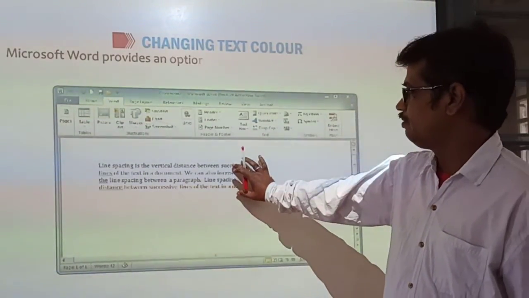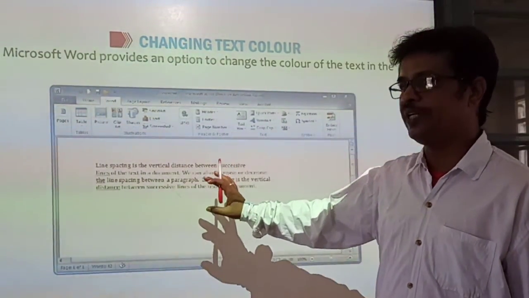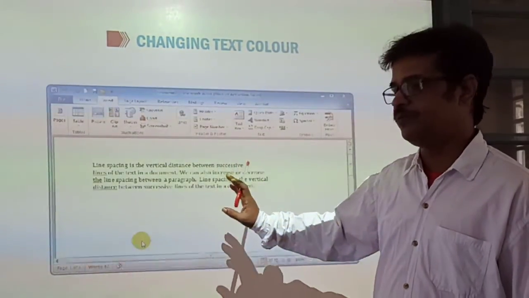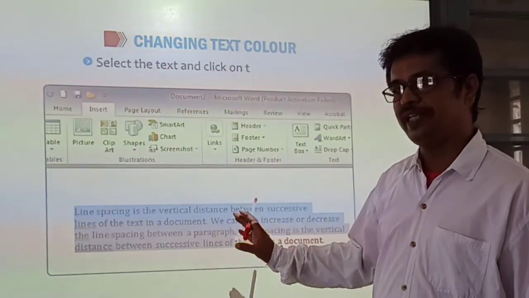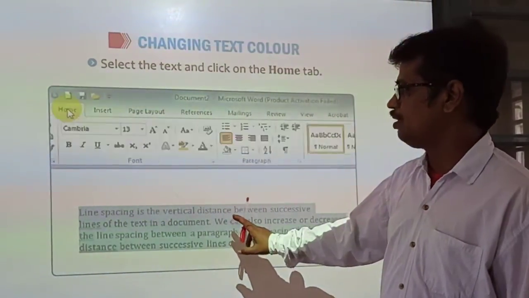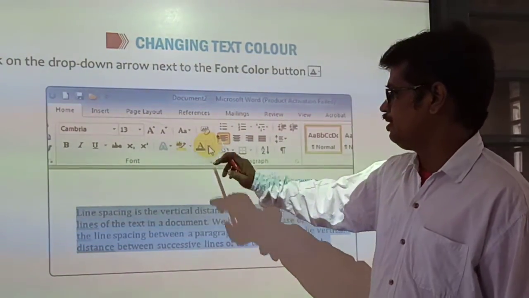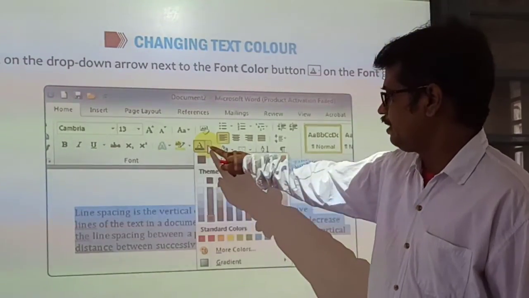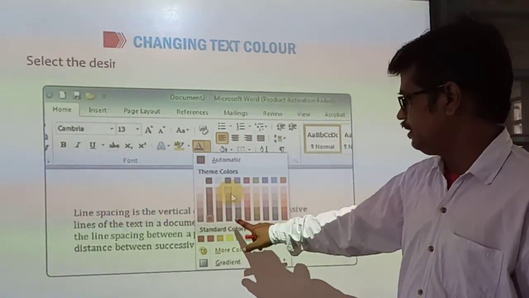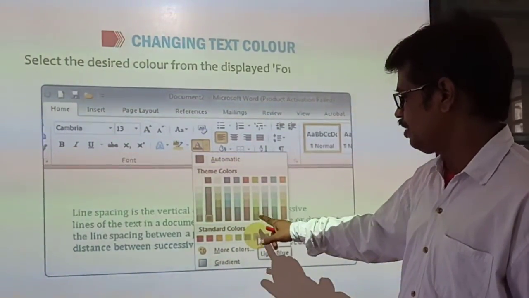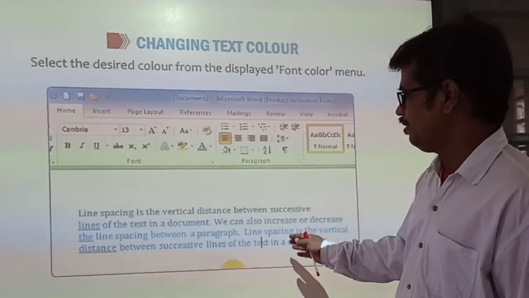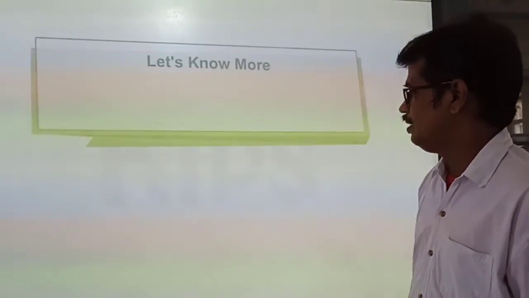Select the text. First, whatever the formatting you want to do, children, as I told, first step always select the text. Without selection, you cannot change anything, cannot do any type of changing. This is the color change option. First select the text, click here, see these all color changing options are here. You can choose your color, you can select your color and your selection will take place on the document.